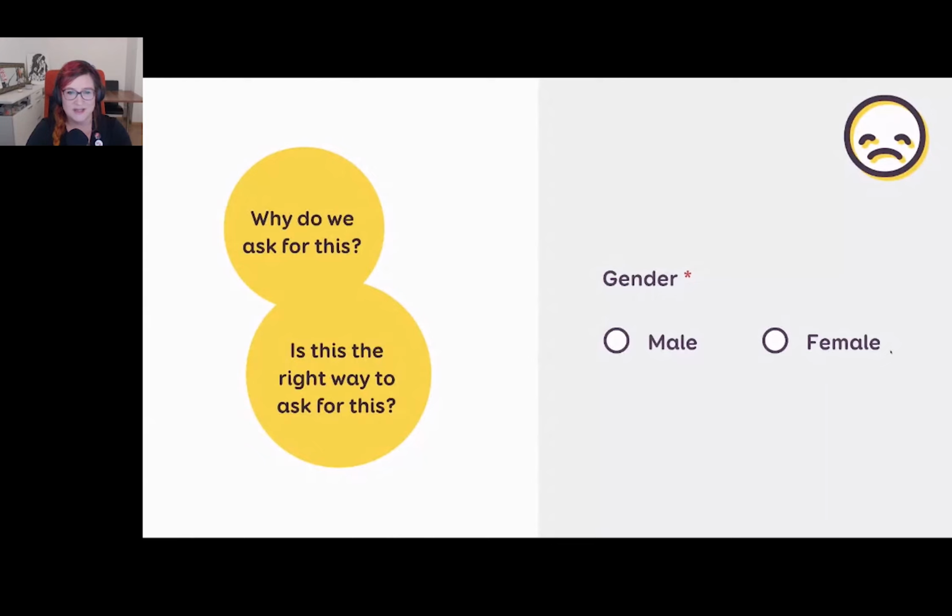If the question is asked because, and this happens a lot in insurance, I really need to know if I need to start this email or this paper mail by dear Miss or dear Mrs., maybe ask what the user prefers. I really don't mind if my bank or insurance sends me an email starting with dear Stephanie Walter. I don't care if they call me Miss or not, but that's my personal preference. So it depends on your users.